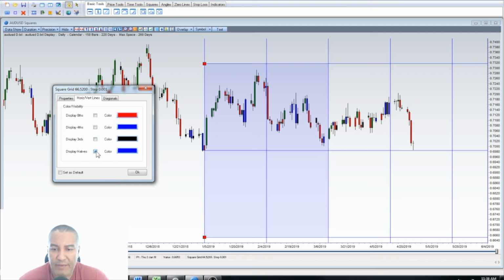And we're going to use halves. You can see that squaring this range on the grid gave me the half right here. And that's where we find support. So right there, that's giving me a little confidence. It's like, you know what? Maybe that low is in. That's a good support. We never got to it on